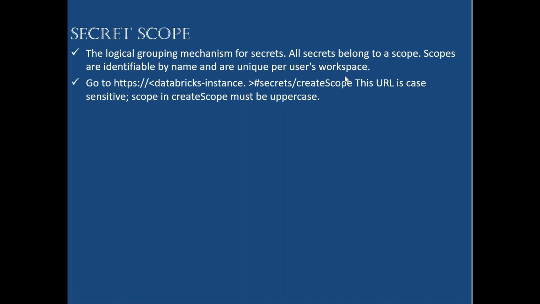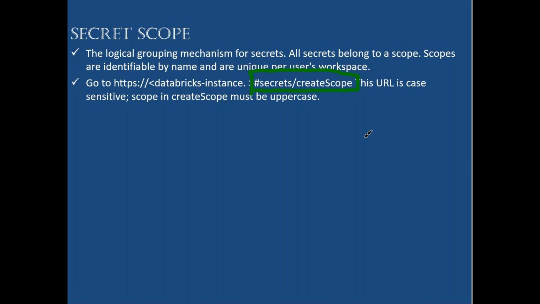Still, you need to go and edit the Databricks URL to establish connection. So the Databricks instance URL will be there. After that, this part we need to add: hash secrets slash create scope. I'll show you. But we need to edit the URL to establish a connection to the key vault from